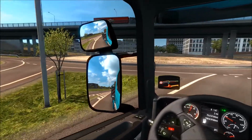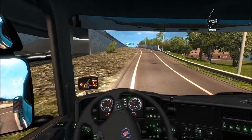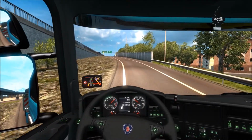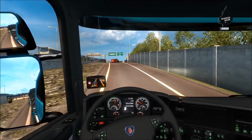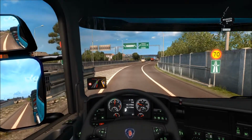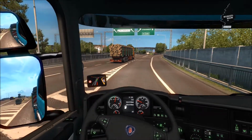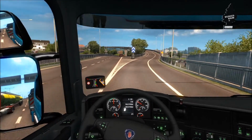Let's carry on around here. Yeah, you can feel the sort of weight of the trailer now. 8th gear. It's just about getting us up this hill. It's one of those trucks where you really have to sort of plan ahead with your gearing,